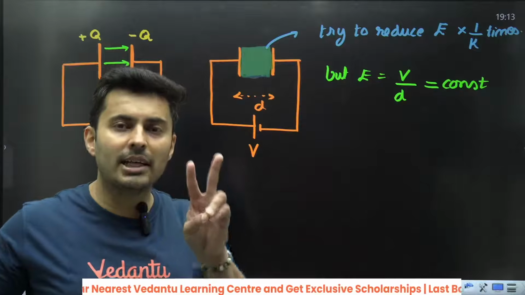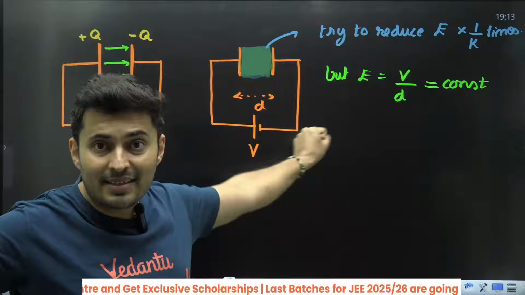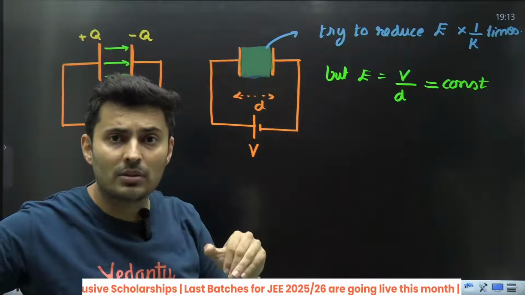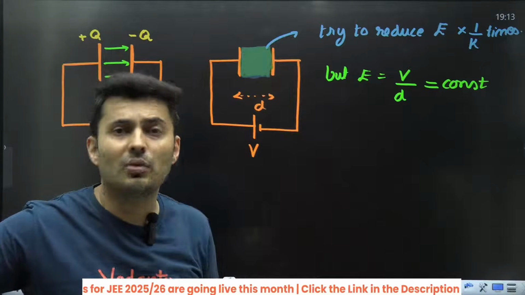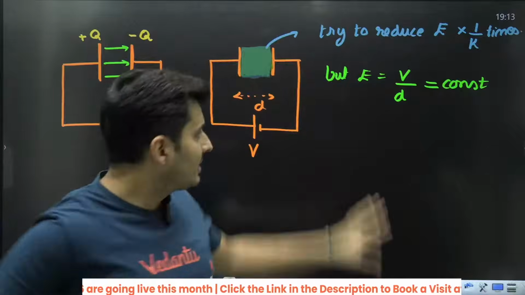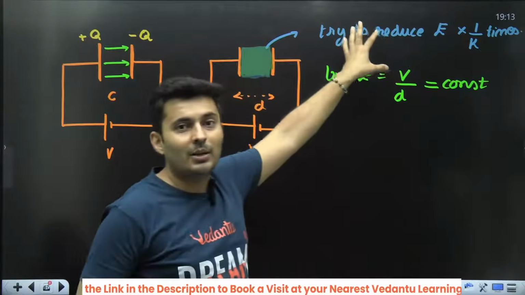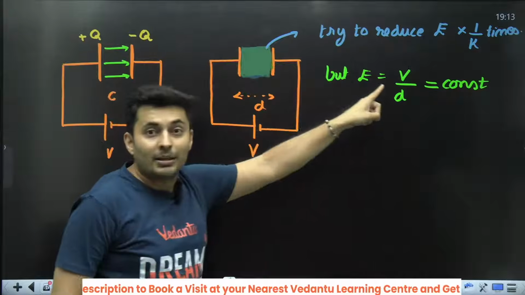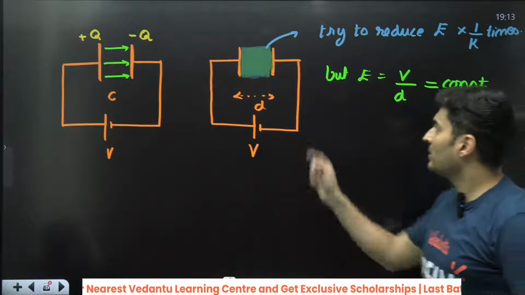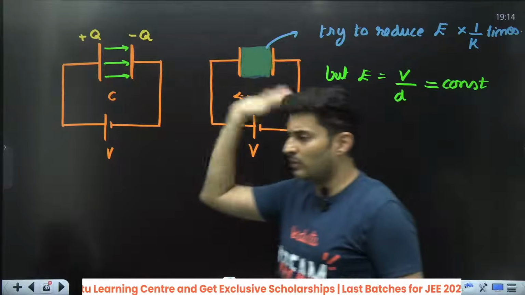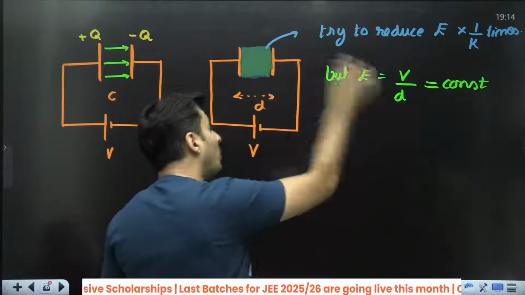These are conflicting results or arguments. The medium present inside says that the field should reduce. But if I go by this logic, voltage by distance, it should remain constant. So what exactly is happening? This has to be true. This is also true. But what if I tell you that both can be true by thinking a little bit differently? Think like this. The electric field is the same as before, 100%. It's just that the electric field reduced to become this field.